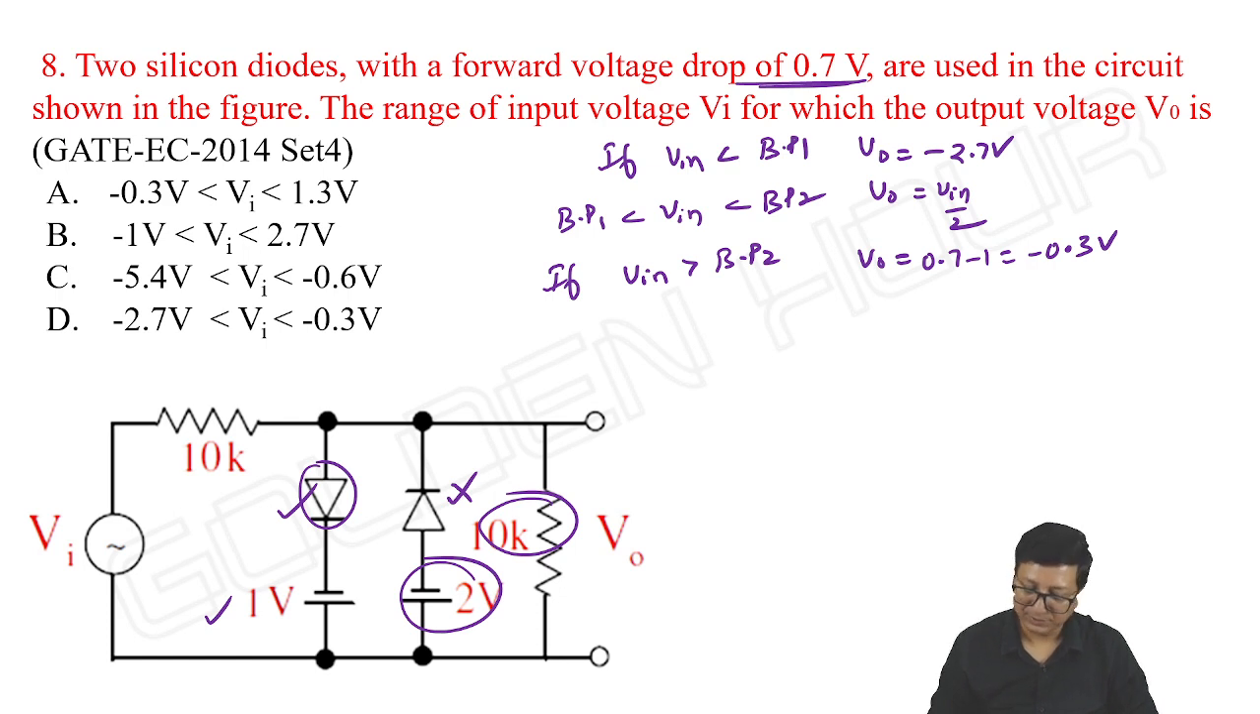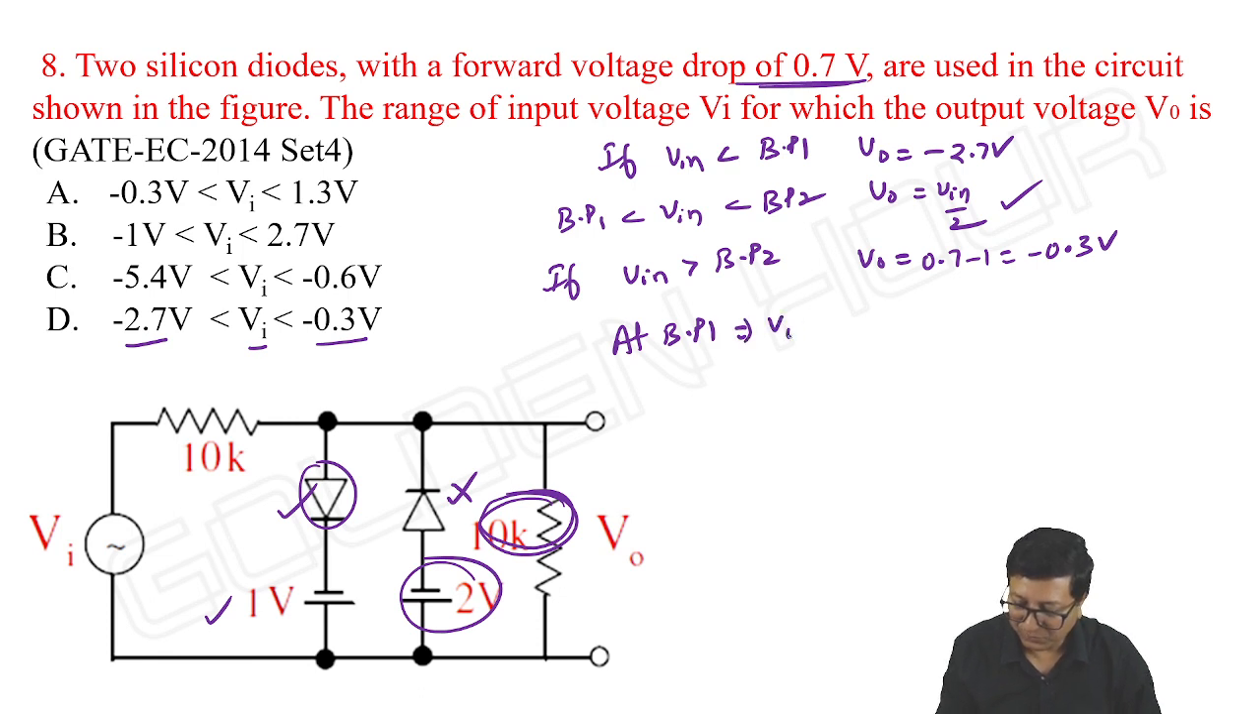So if you observe this, we can see that option minus 2.7 less than VI less than minus 0.3. But what happens here? Is it true? So no, because here, if the resistor 10K is not present, then option D is possible. Okay, we should be very careful. In between, we have V output is equal to input by 2. So at breakpoint 1,